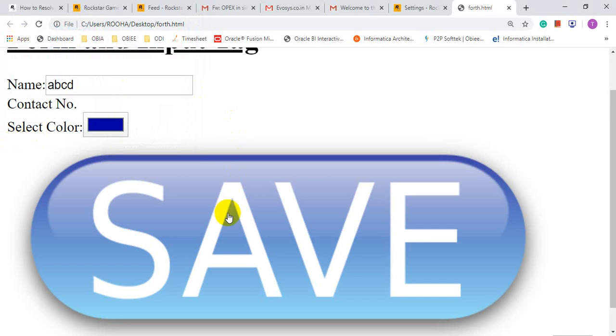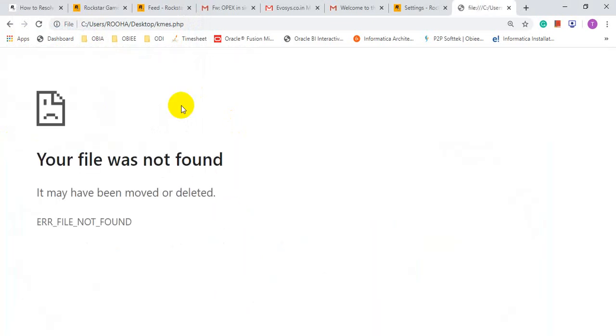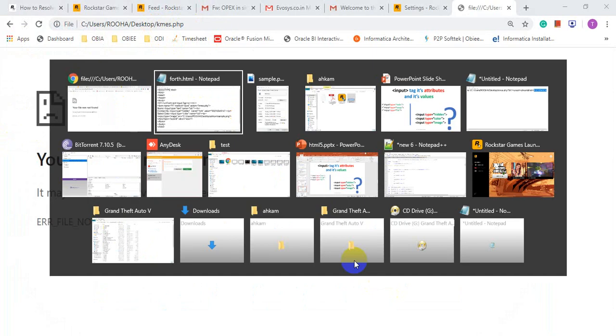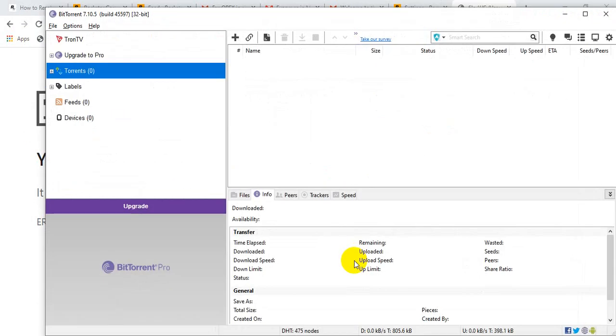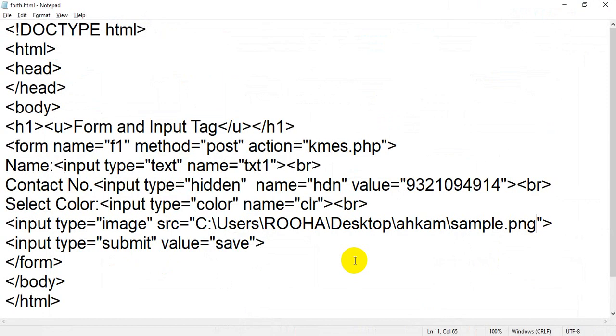When you click on this button, it will send to your kms.php. The size of this input type image is very large, so I am going to reduce the size.